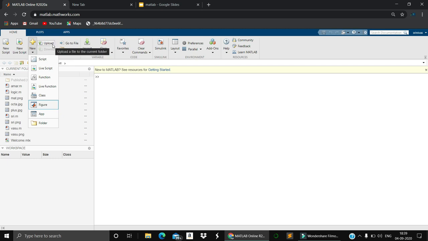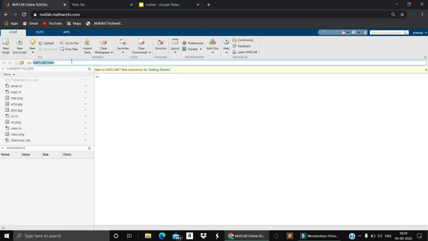If you want to upload any documents, Excel sheet data, or images, you upload through this upload section. If you want to find a file you previously saved, go to file by typing in the search bar.